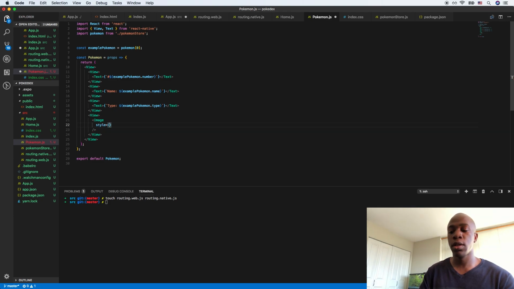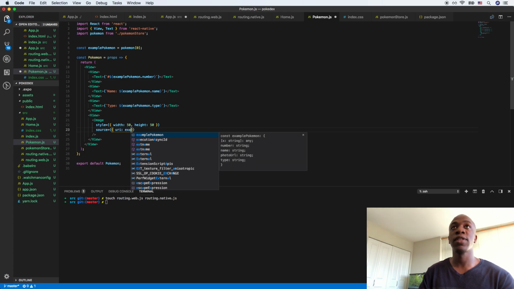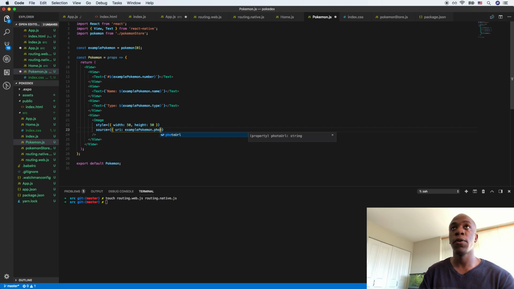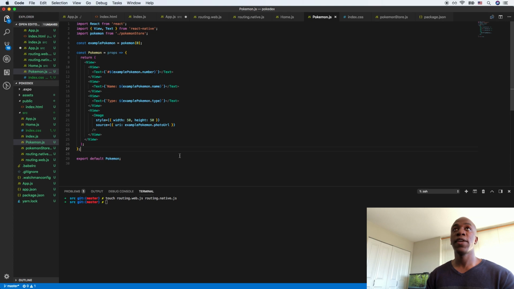Just to keep things simple, we'll pass in an object that says width 50 and height 50. And source, we're going to pass in an object with a key of uri and that key's value as examplePokemon.photoUrl. Save that,